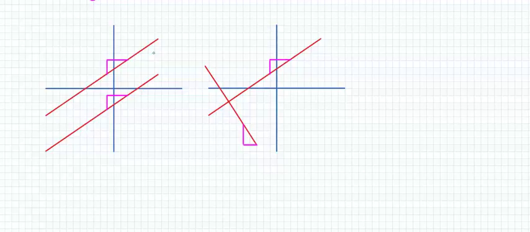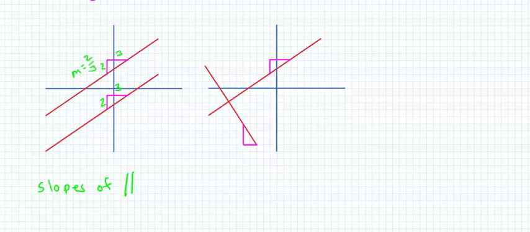So I've drawn this. This line here has a slope of 2 over 3, m is 2/3. And clearly these two lines are parallel, and this is 2/3. The slopes are the same. So slopes of parallel lines